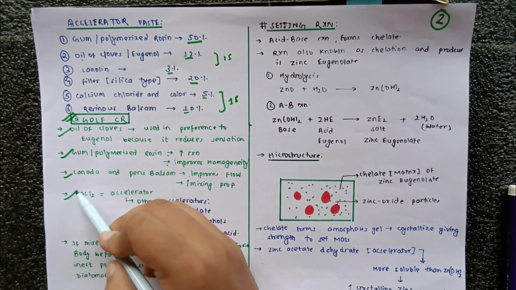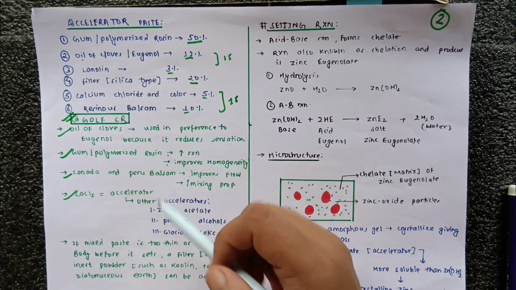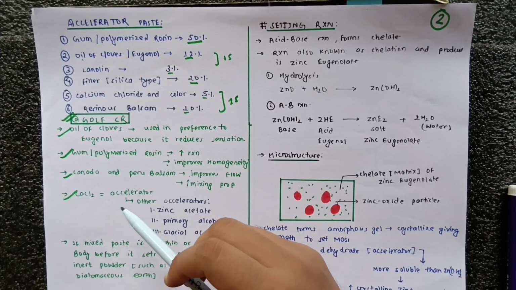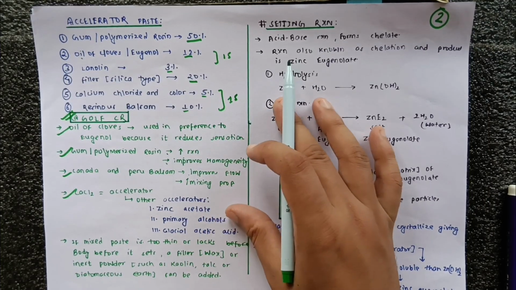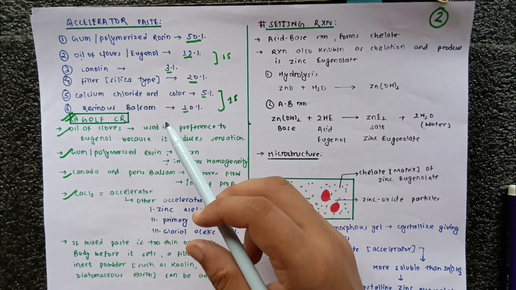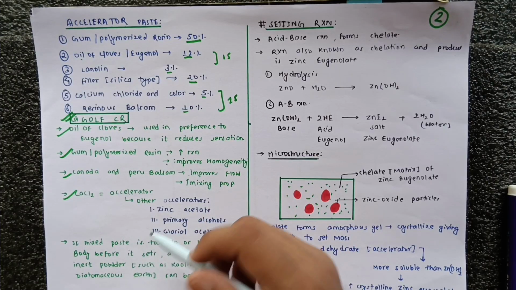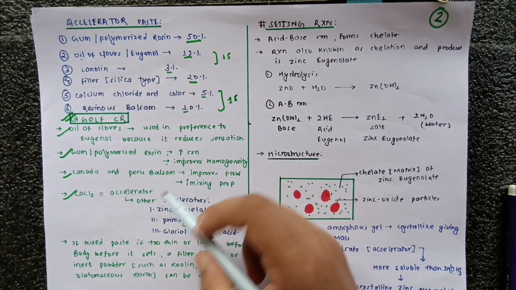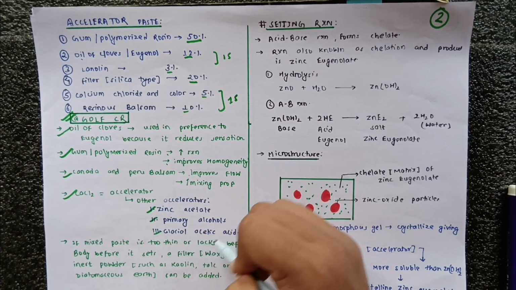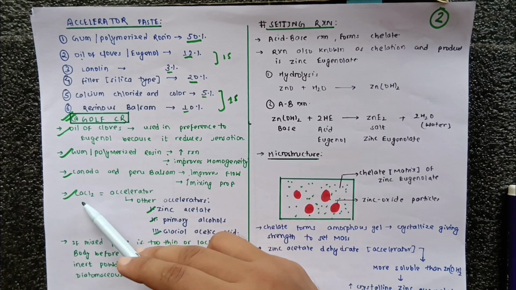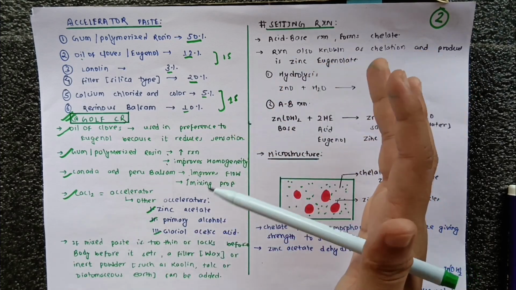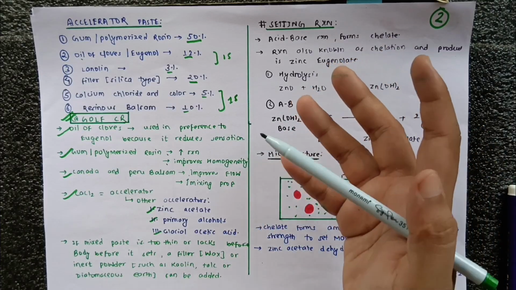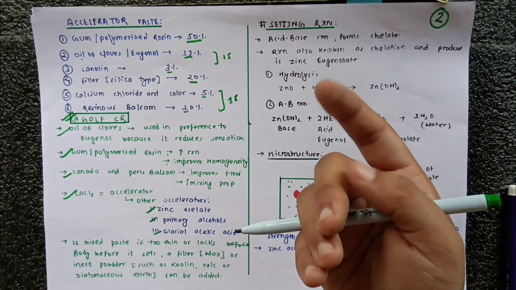Similarly, CaCl2, calcium chloride, acts as an accelerator, similar to polymerized rosin and gum. It also increases the reaction, and the proper accelerator present in the accelerator paste is CaCl2. It is a chemical. Other accelerators we can use are zinc acetate, primary alcohols, and glacial acetic acid. So we can use carboxylic acid, alcohols, acetate, and CaCl2. Just remember this, it is important, so they can ask in the viva. Calcium chloride, zinc acetate, primary alcohols, and glacial